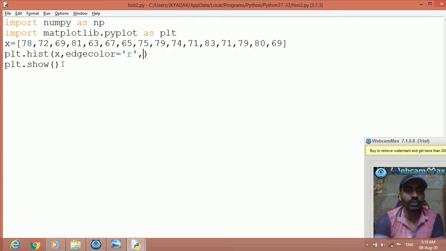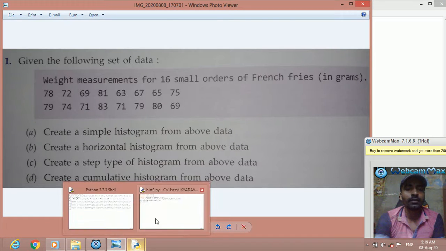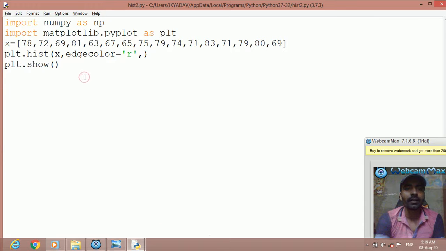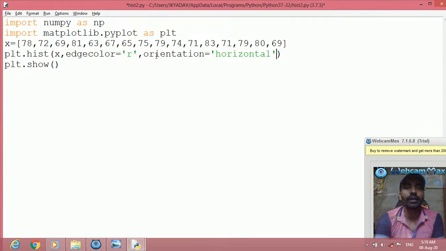This code is the solution of the first question, the simple histogram. Now the second question's solution is the horizontal histogram: if you add orientation horizontal, then it is the solution of the second question with this entire code.